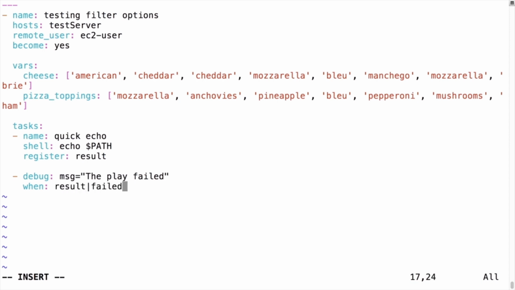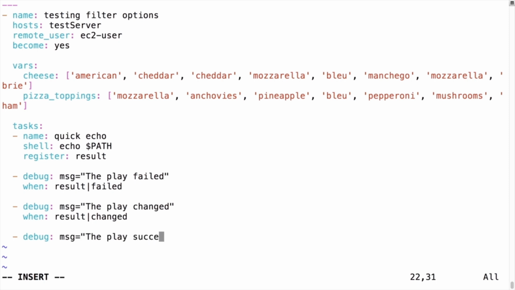What this means is that the debug message is only going to display if the quick echo task results in a failure. Going along with this theme, we can also have a debug message display if the play changed, when result pipe changed,